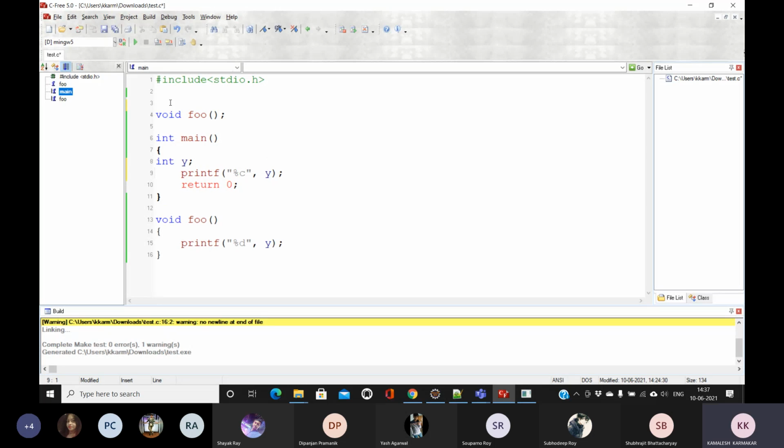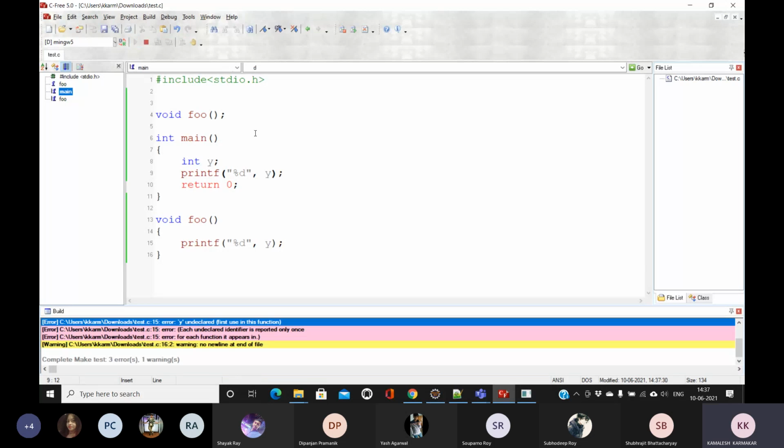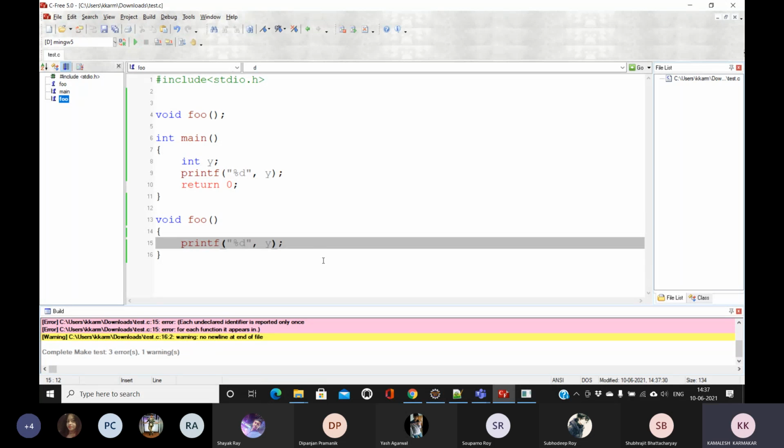Say variable y. Here I am trying to print it: undeclared identifier. Okay, yeah, I have not accessed it here.